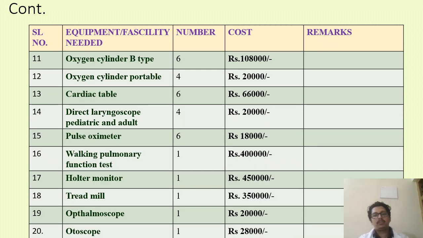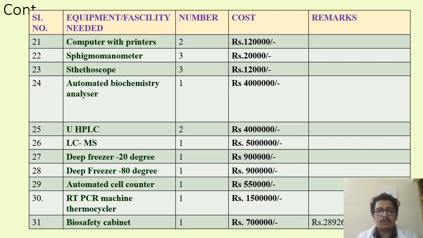Oxygen cylinder B type 6 in number, 1 lakh 80,000. Oxygen cylinder portable 4 in number, 20,000. Cardiac table 6 in number, 66,000. Direct laryngoscope, pediatric and adult, 4 in number, 20,000. Pulse oximeter 6 in number, 18,000. Pulmonary function test 1, 4 lakhs. Holter monitor, 4 lakh 50,000 rupees, and treadmill 3 lakh 50,000 rupees, ophthalmoscope 20,000, otoscope 28,000, computer with printer, at least 2 should be there, 1 lakh 20,000. Sphygmomanometer 3 should be there, 20,000 rupees. Stethoscope 3 should be there, 12,000 rupees. Automated biochemistry analyzer 1 should be there,